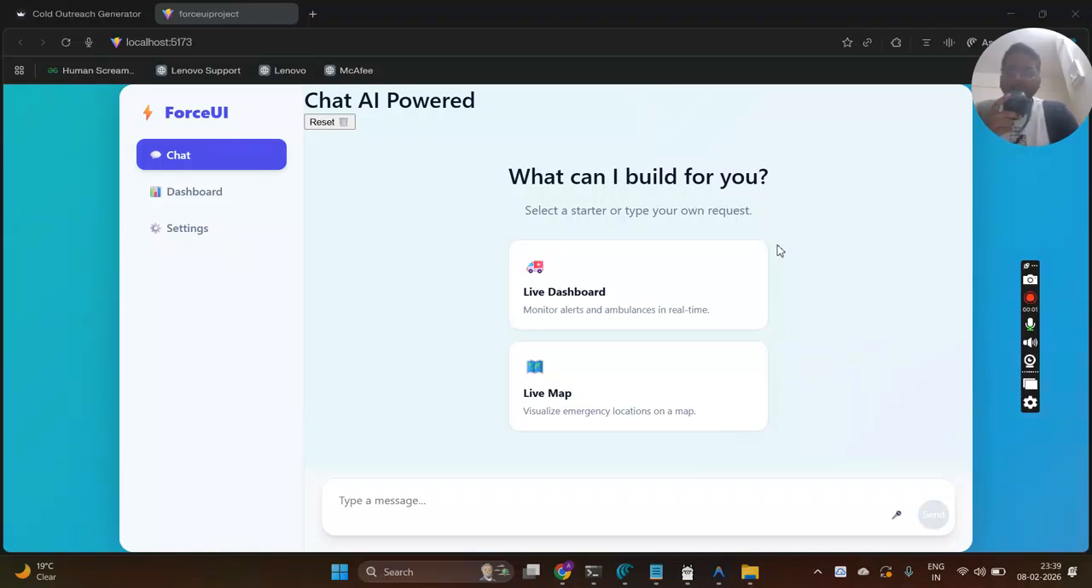Here we are going to look at the project of the Force UI Chat AI powered dynamic interface. So guys, my name is Arjun Singh Rajput. On behalf of the team Tech Titan, I am going to explain a short brief overview regarding our project,